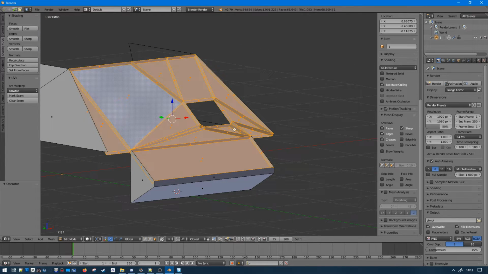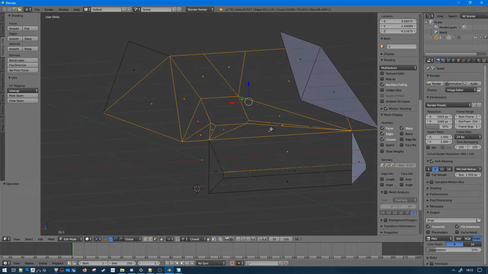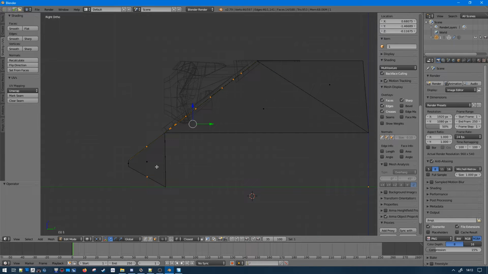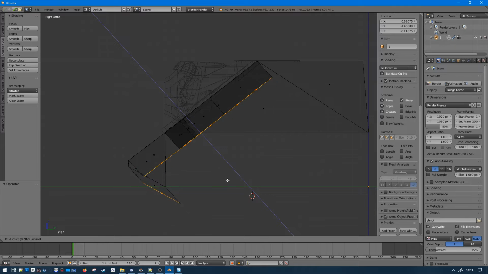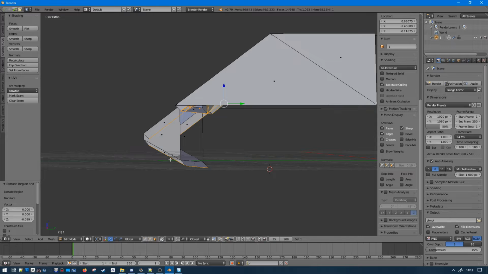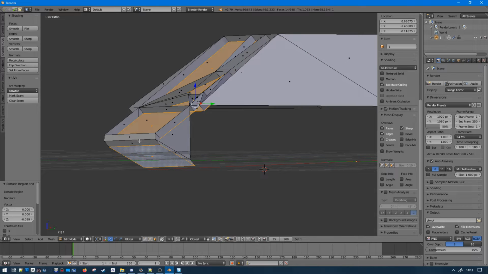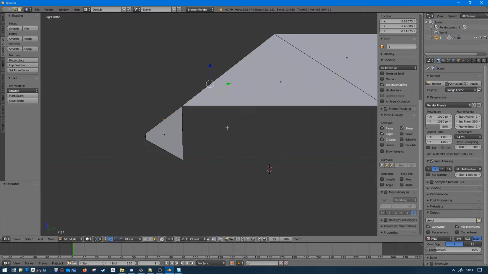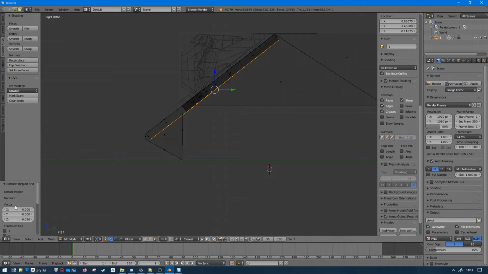Why you want to select all those in the same orientation is because if I select this one and press E, it's going to follow the normal of the majority. It's going to make kind of an average, and this one gets a weird shape. Okay, that's on the outside. So we don't want this to happen, and only take those.